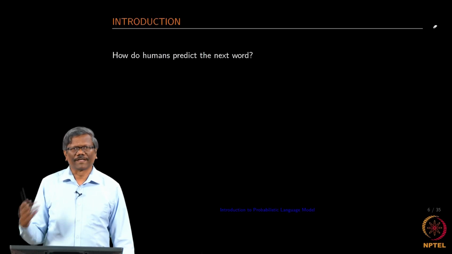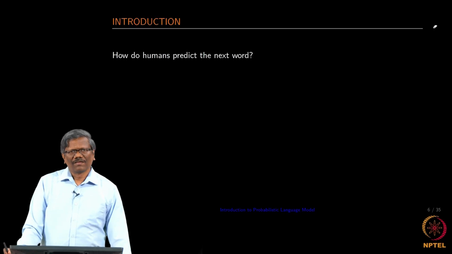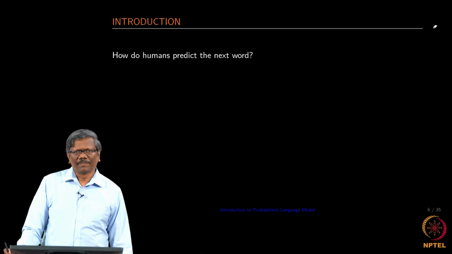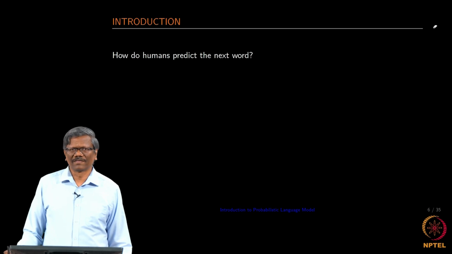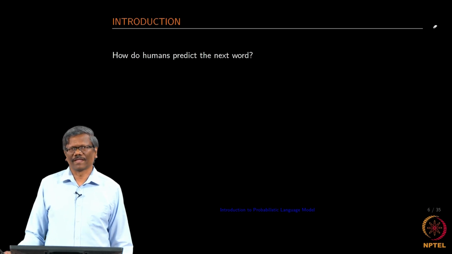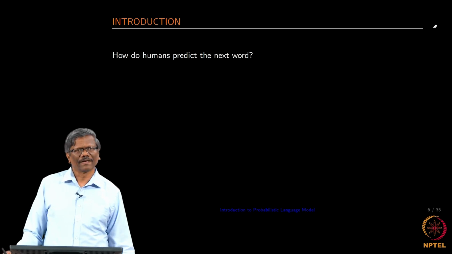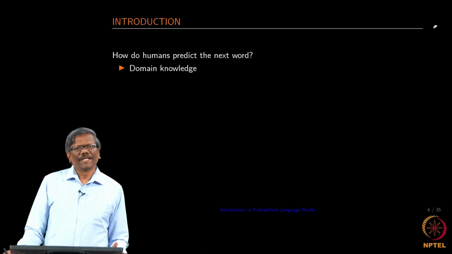So, how do we predict? We predict based on what we know, right. If we did not know about that particular sentence, we would not have predicted anything. So, we need to know about that. Okay. So, we need to know about the